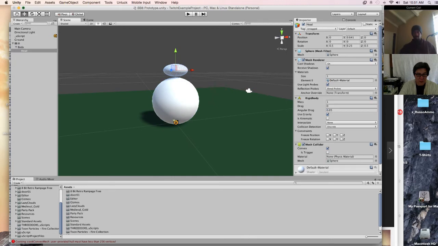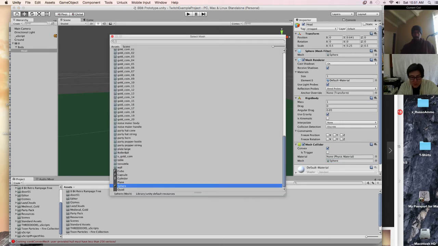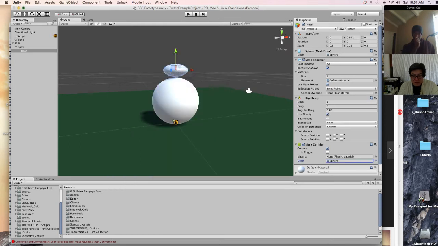So is it actually colliding? I wonder if this mesh collider is actually the correct bit here. Let's take this mesh collider and move it up so I can see it. It should be affected by the scale.